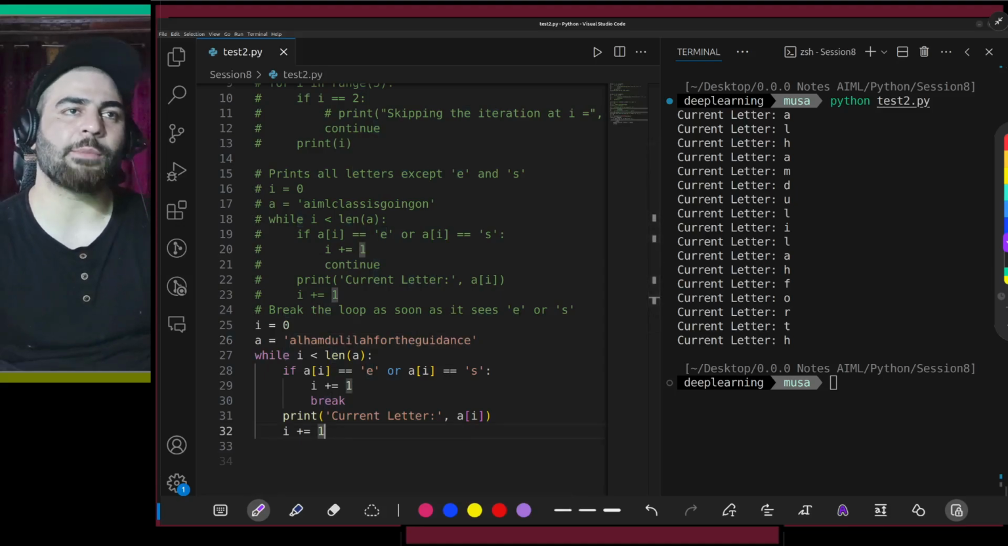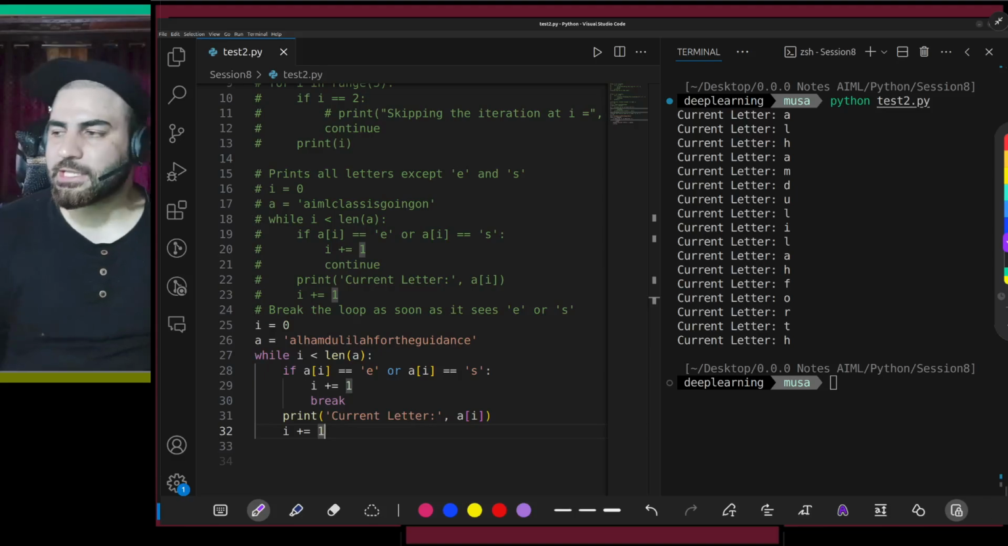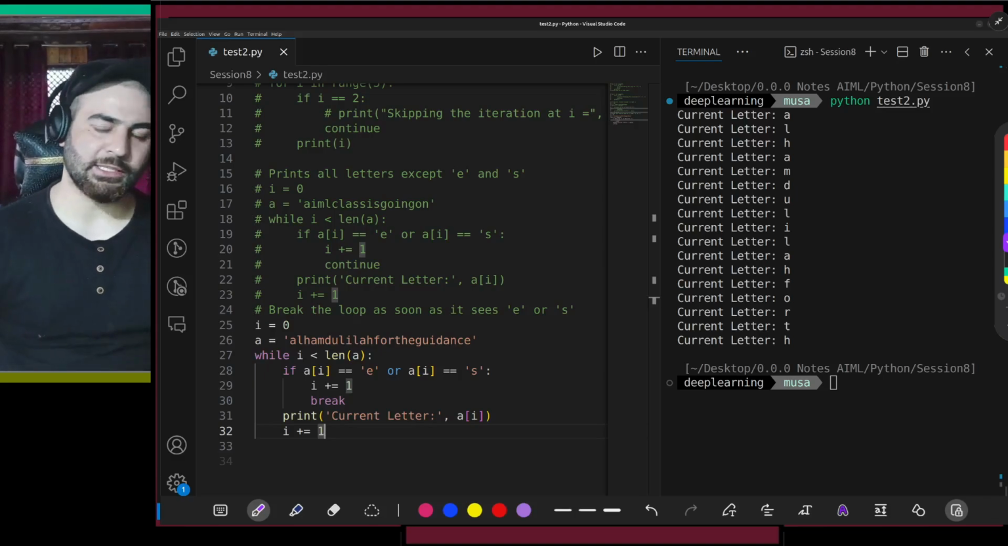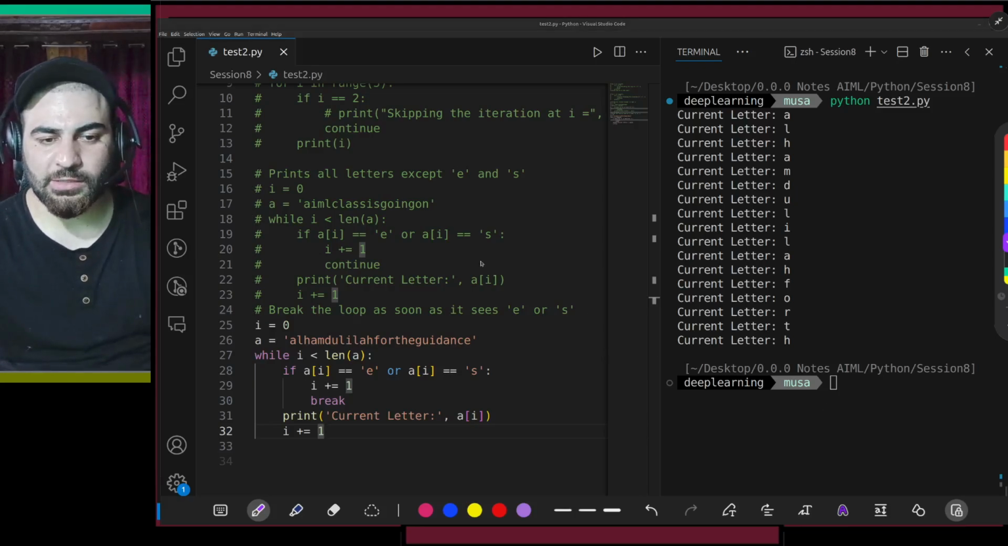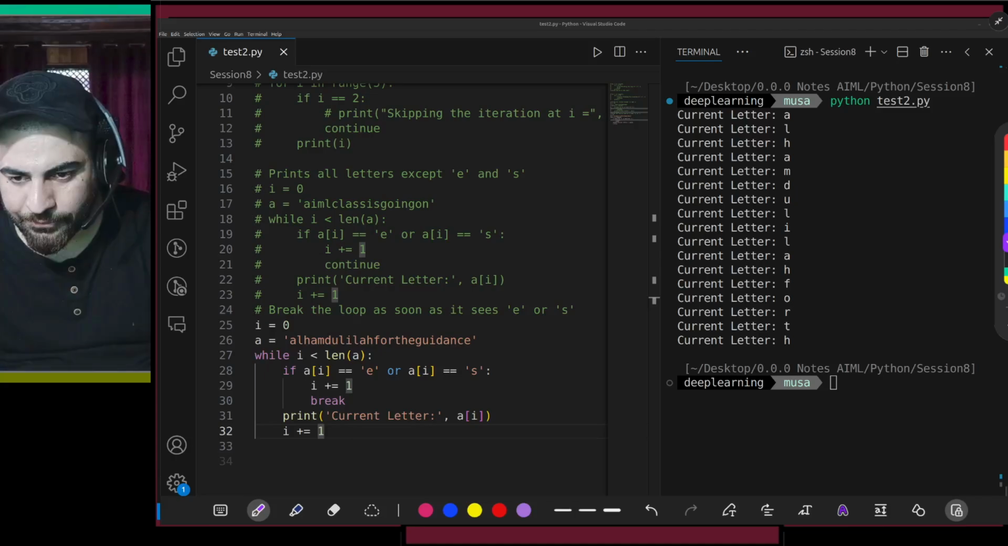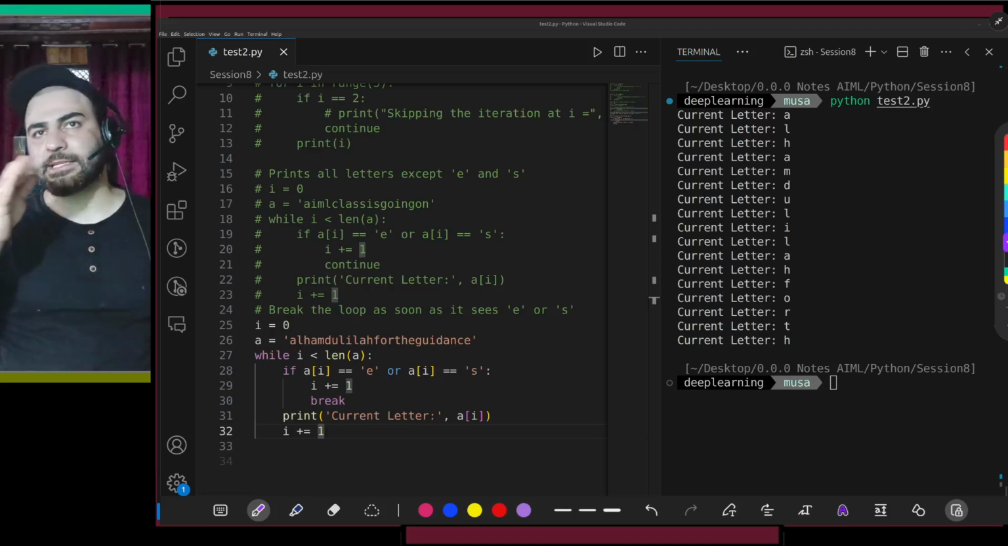So break comes out of the loop immediately, and continue just says skip this iteration and continue the other things. Okay, skip this particular iteration and then continue. Do you have any questions on this break or on this? So the question here is if we have nested loops,